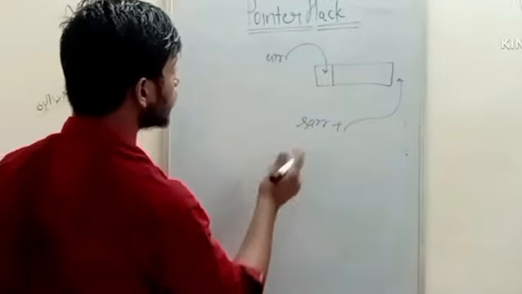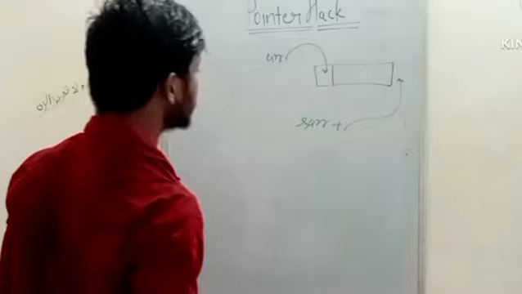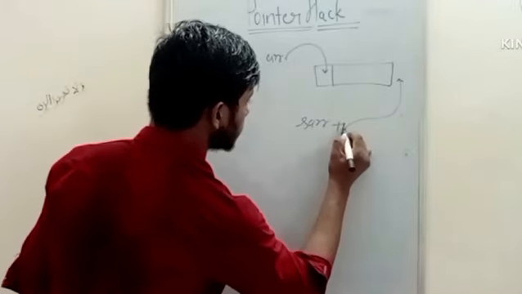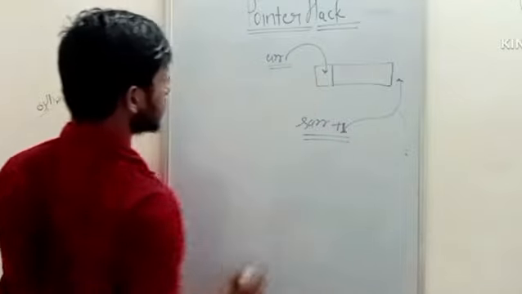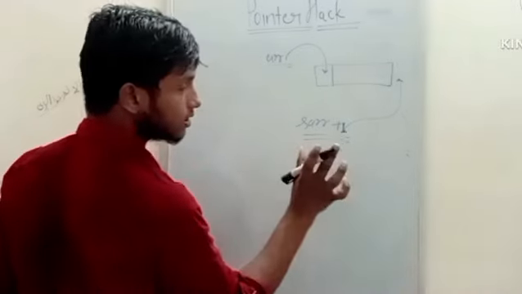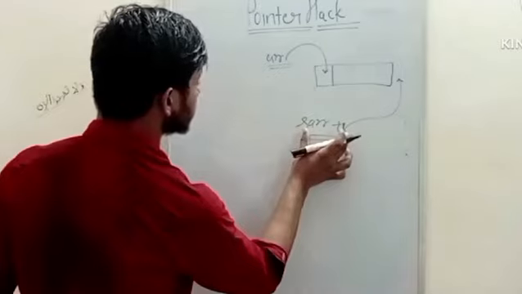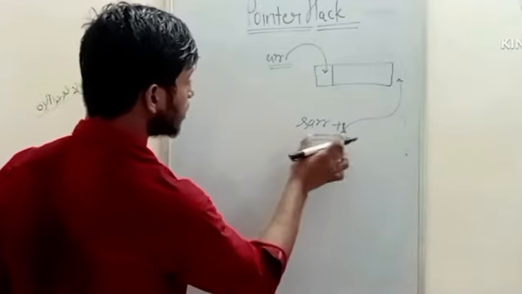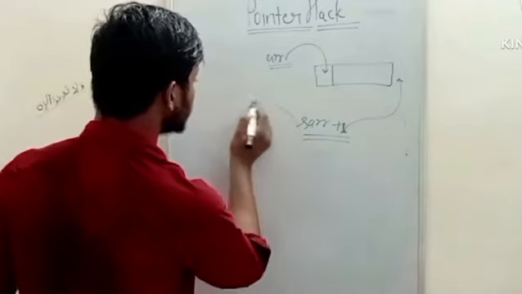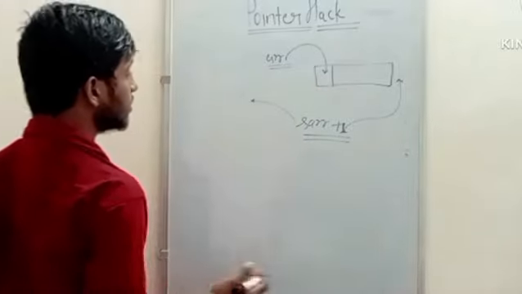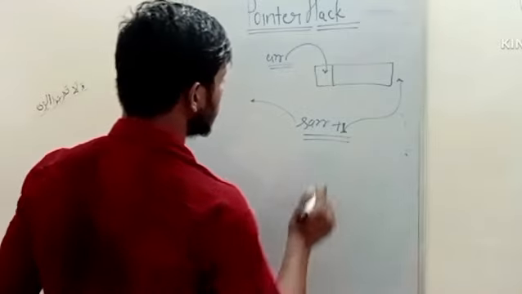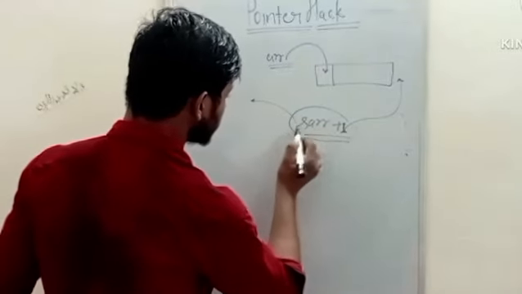And how can I find the size of the array? First of all, see this. If I subtract this from that, it means we get the size of the array. Yes, but keep one thing in mind: the type of this is int bracket star,